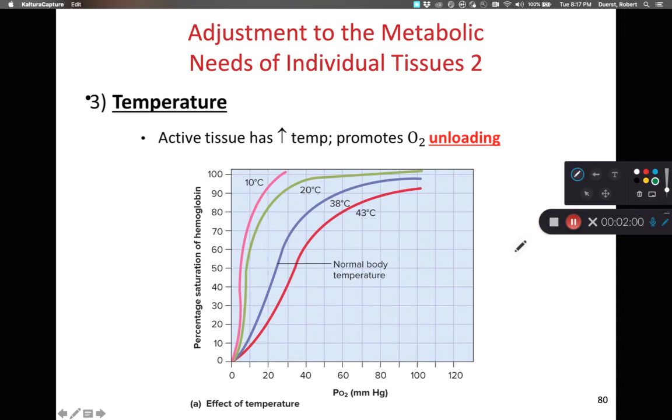Something else that we need to look at is body temperature. Normal body temperature is represented by this blue line. An increase in body temperature, so a fever state, is going to increase unloading of oxygen. So as our body temperature goes up, the rate of unloading oxygen also is going to go up as well. And conversely, if body temperature goes down, we tend to hang on to oxygen in our blood for a longer